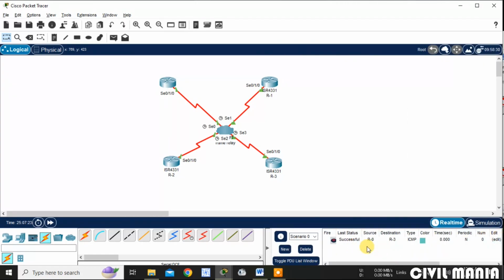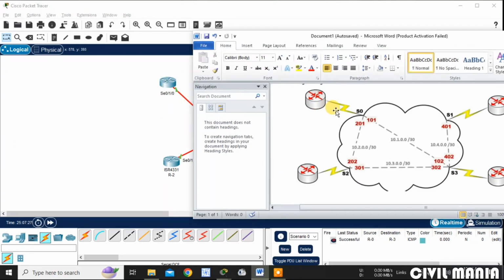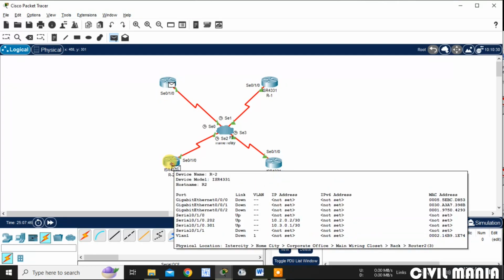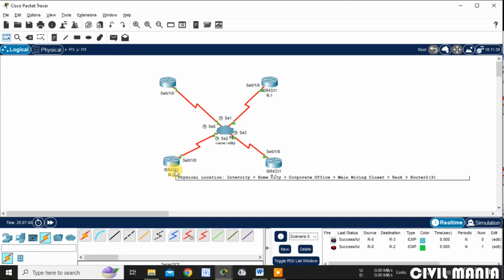I hope you can see here it's successful, because router 0 is connected to router 3 and router 0 is connected to router 2, but it is not connected to router 1. So ping will not be successful to router 1. From 0 to 3, R3 is successful, as well as to router 2, but it will not be successful to router 1.